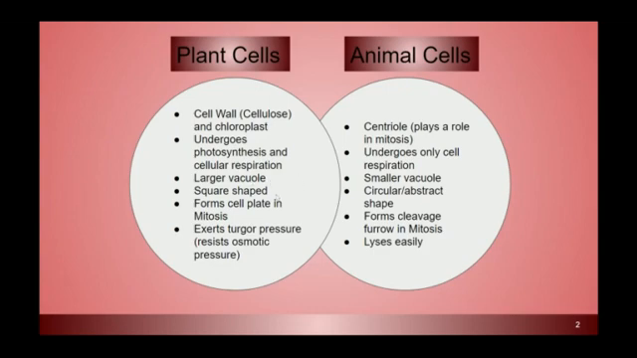The plant cells also tend to have a square shape or more of a rigid shape thanks to the cell wall, as opposed to the animal cells' circular or more abstract shape because it only has a cell membrane and not a cell wall. The other difference is in mitosis, plant cells form a cell plate,